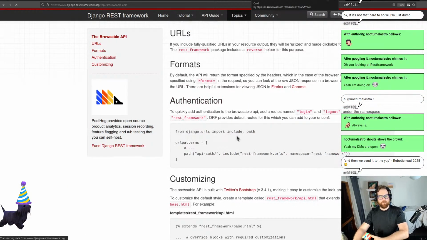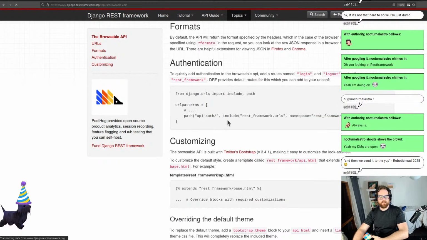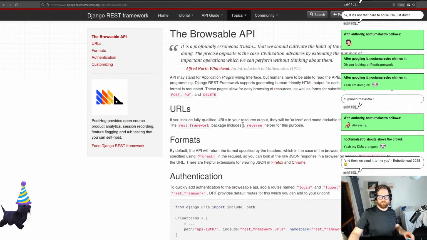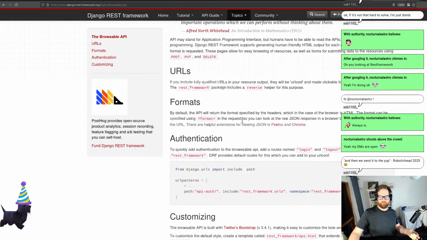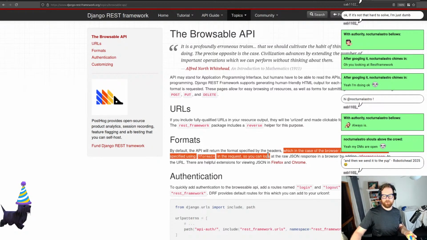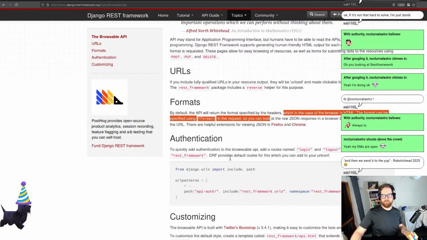Browsable API formats, yeah. Authentication. Is there any way just to say it needs to be in JSON? So by default, the API will return the format specified in the headers, which in the case of the browser is HTML. Yep. All right. Cool. Authentication,